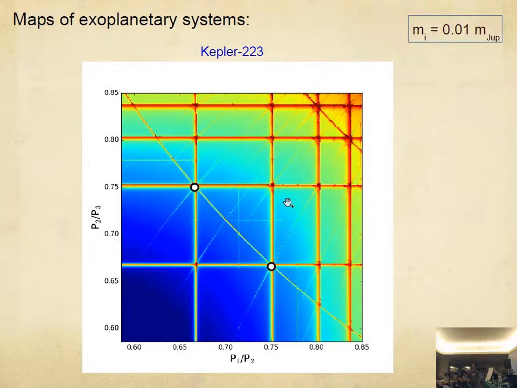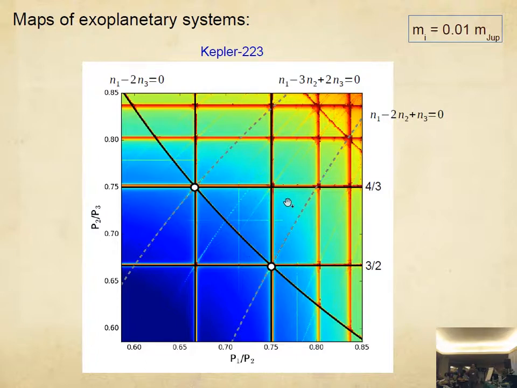The same thing can be done for Kepler-223. Once again, you have this system, and very interestingly, both of these subsystems, these trios, are intersected by the 1 minus 2 resonance between the inner and outer bodies of each triplet. Okay? This will also prove to be important further on.